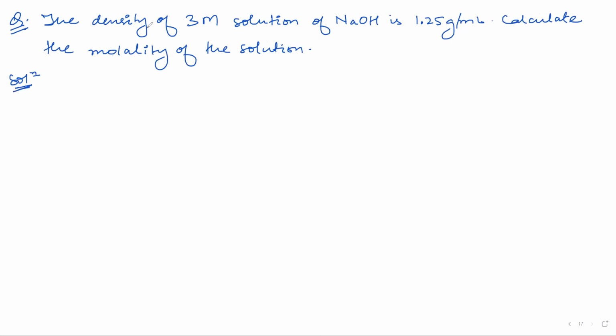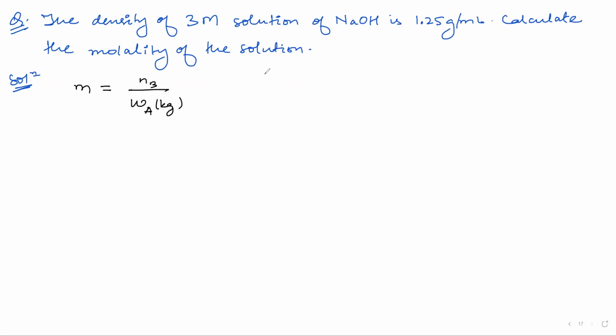Okay, so here you have been given the molarity of a particular solution, and you have been given the density of that solution, and you have been asked the molality. So how will we do this question? See, this is going to be a bit long. Please listen, all of you. Molality, small m, is equal to what? Number of moles divided by mass of solvent in kg, correct?